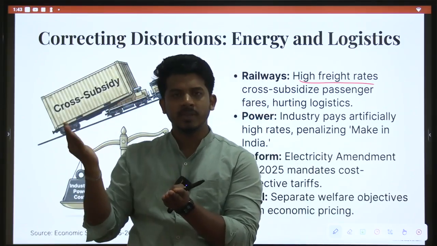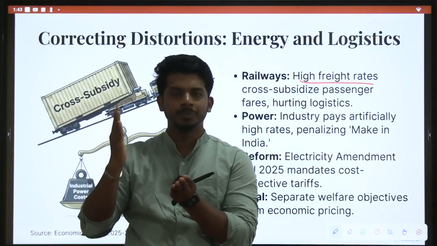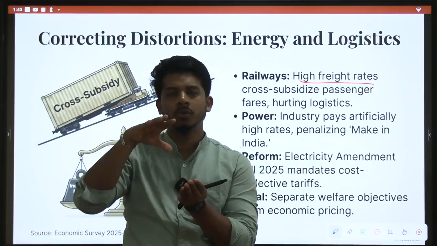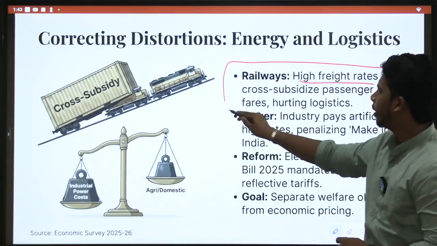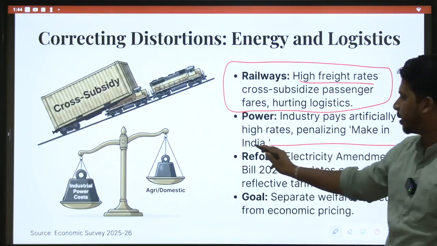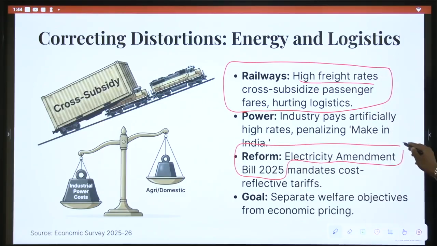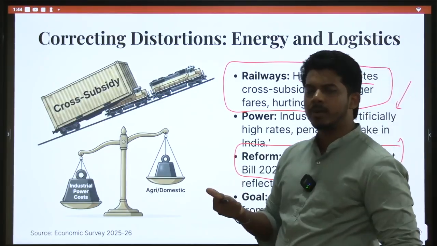What is the negative consequence of it? The negative consequence is that it is affecting business. Again, it will give low confidence to the investors. Such kind of distortions we are reducing. So you can see government is also passing a new act to reduce such distortions and high electricity prices in the power sector also. Same goes for the power sector.